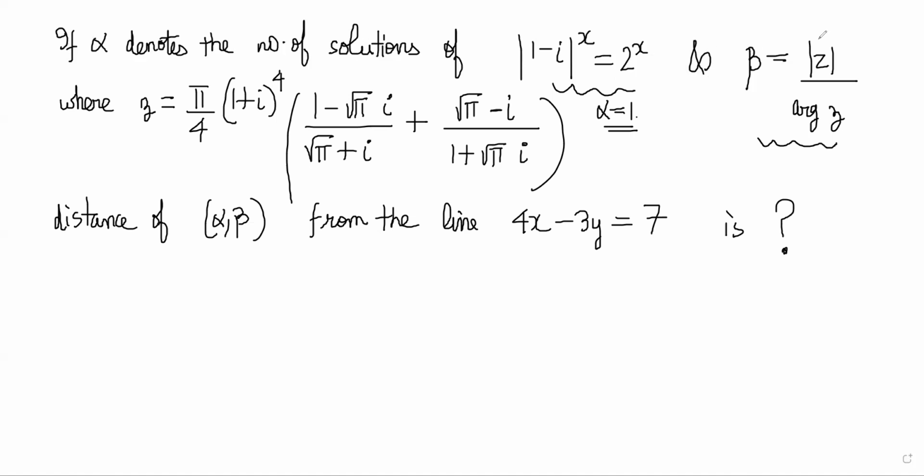अल्फा 1 है, बीटा ये चीज निकालना है, जेड को पहले सिंप्लीफाई करोगे तभी निकलेगा। हाँ, तो ये वाला तो 1 प्लस आई वाला तो सीधा 4 ही आ रहा है, तो 4 4 तो कैंसिल ही हो गया, बस पाई बचा है, और अंदर वाला सिंप्लीफाई कर रहे हैं इसको, तो वो भी मेरा 1 प्लस पाई आ रहा है डिवाइडेड बाई रूट पाई प्लस आई। वो 2 मिनट बस करते हैं, ठीक है।